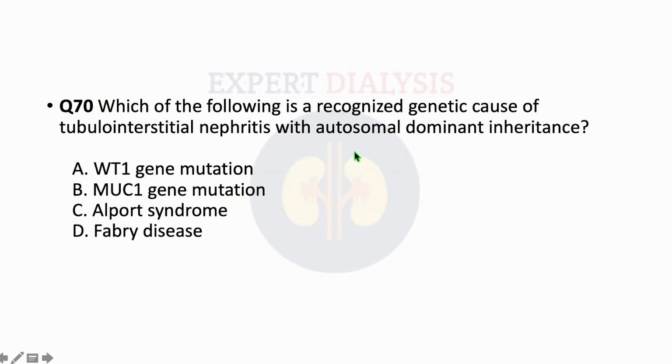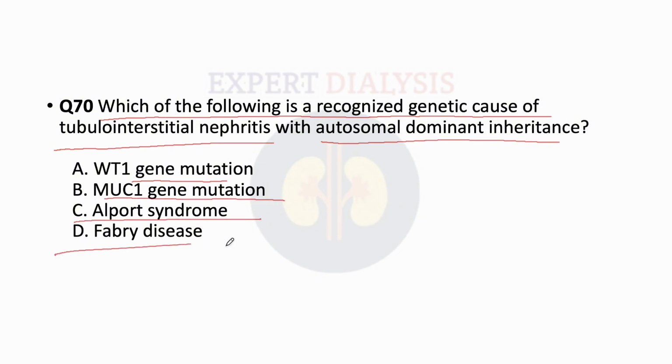Moving ahead to the 10th question. It says, which of the following is a recognized genetic cause of tubulointerstitial nephritis with autosomal dominant inheritance? Option A is WT1 gene mutation. Option B is MUC1 gene mutation. Option C is Alport syndrome. Option D is Fabry. This is from pathology,